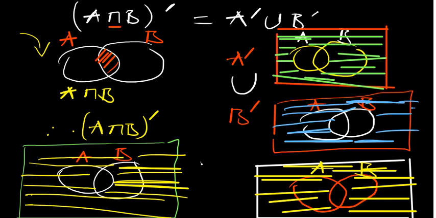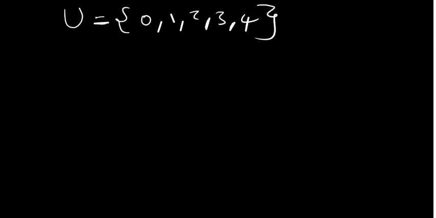So now just a quick one to show you how you get to confirm them instead of proving them using the diagrams. In a case where we've given you a universal set, let this universal set of ours consist of members from 0 to 4. As simple as it is. Then we get to look at our A to consist of members 0, 2, and 4. Then we also get to include our B with members